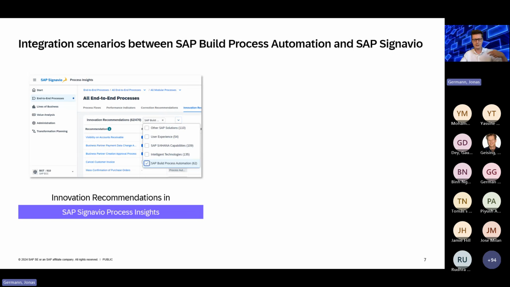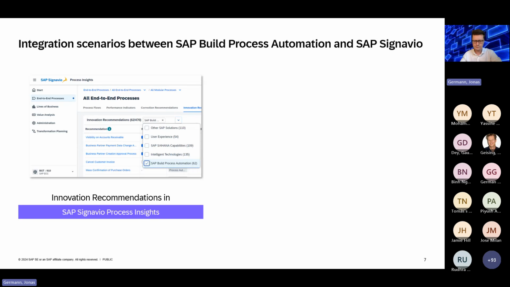The complex part comes after you open the template and you create your individual case. But I thought it's hard to create a completely separate mission for all of the, in this case, 62 different templates. So I made a hint on where to find the right template for you based on SAP Signavio innovations.